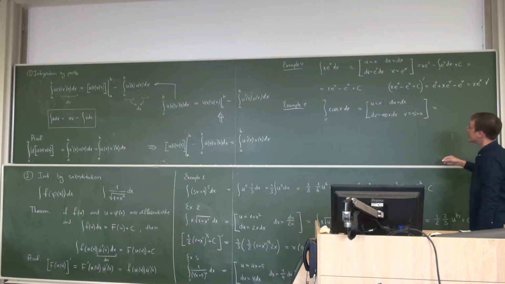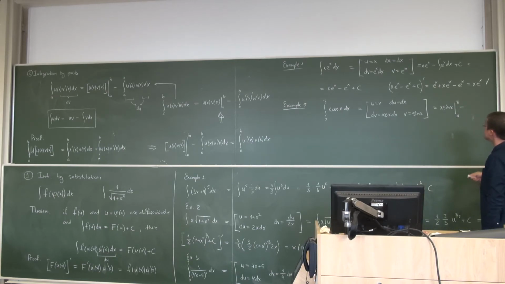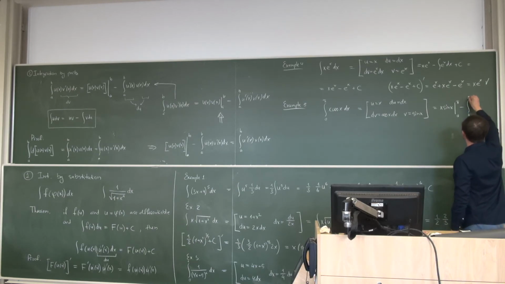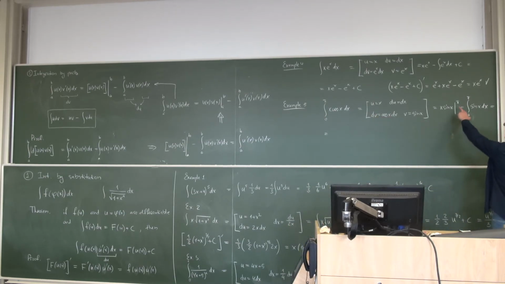And then what we have is a uv, so x sine x computed from 0 to pi minus integral v du, integral from 0 to pi sine x dx. On the upper limit this is equal to, if memory serves, sine of pi is 0, right? So on the upper limit this is 0, on the lower limit this is also 0, so just 0